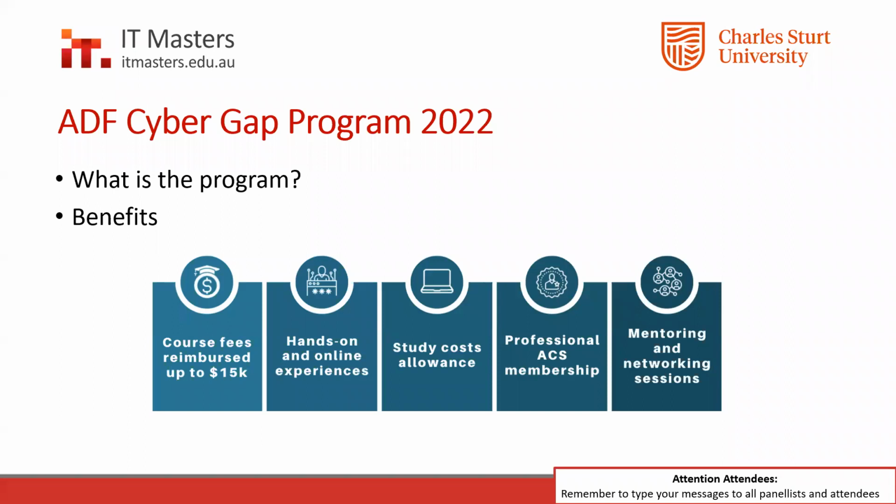And if you were to ask what are some of the benefits of this course, the Cyber Gap program includes generous financial support to cover fees, reimbursed up to $15,000, which, if you look at it, is a whole graduate certificate for you, or the first 4 subjects of a master's degree. There's also separate $600 payments for textbooks and stationery, and a total of $2,500 allowance for academic ICT costs,